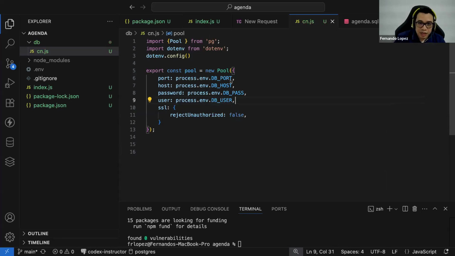Does this make sense? I'm grabbing the information from my .env file.